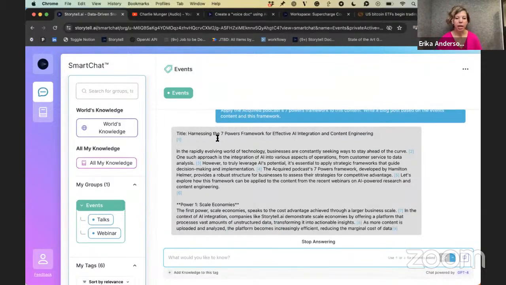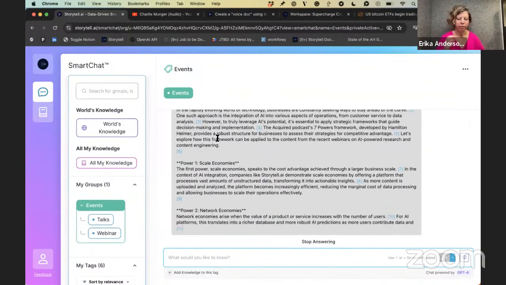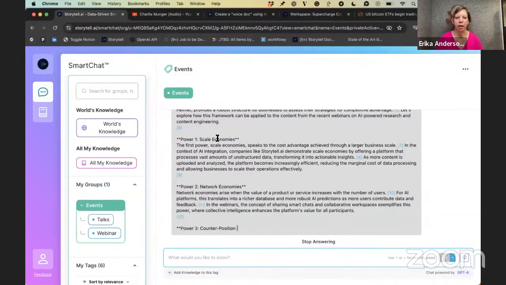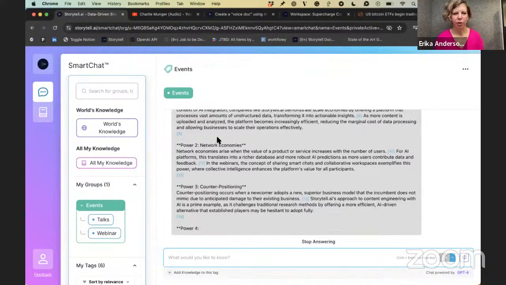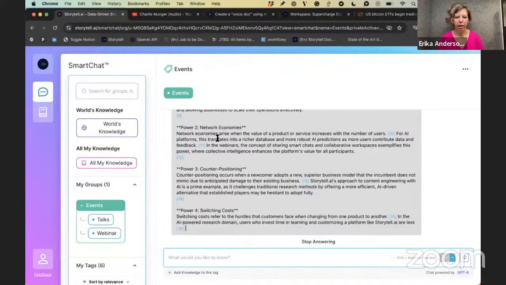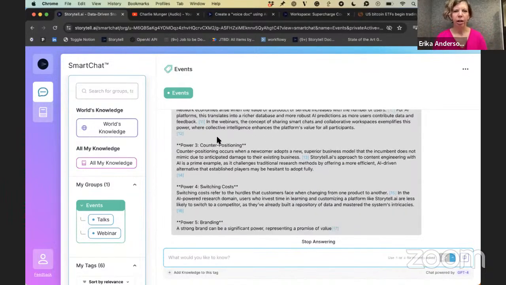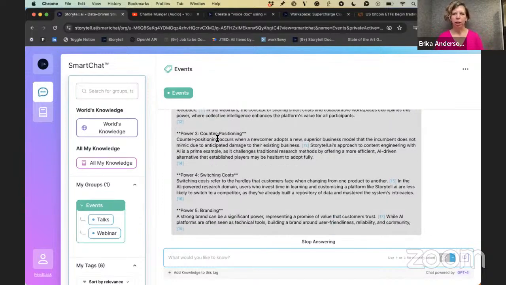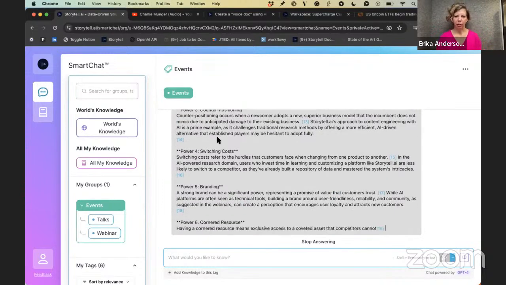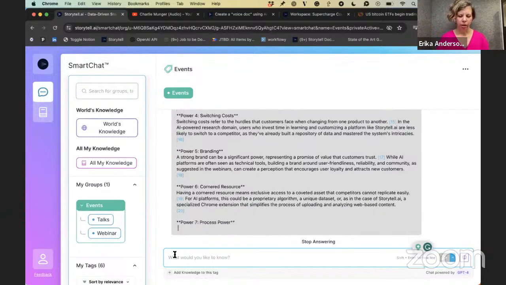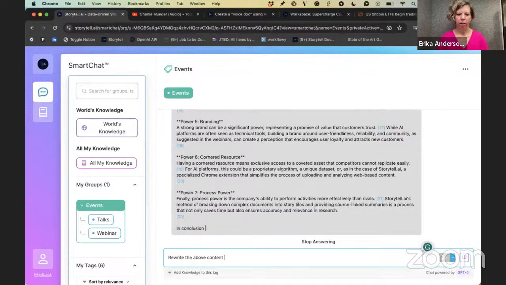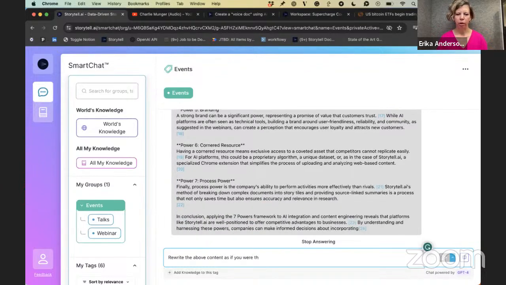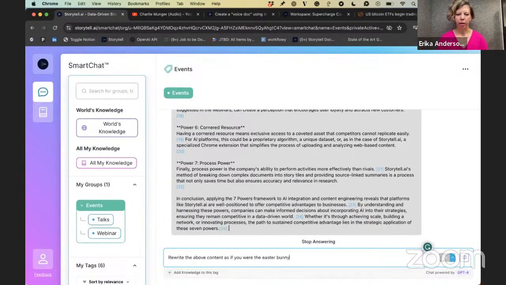And we didn't really say what voice it should write in, right? So we're outside of the acquired universe. And so it's a bit, I don't know, you could say formal, etc. So there's some things you can do if you just want to switch up the voice where it's actually going to know. So rewrite the above content as if you were the Easter Bunny.